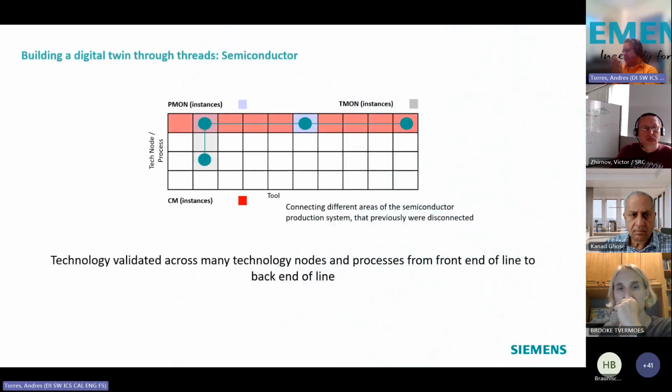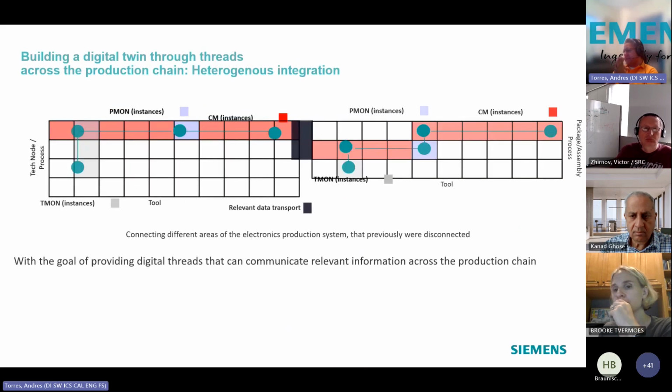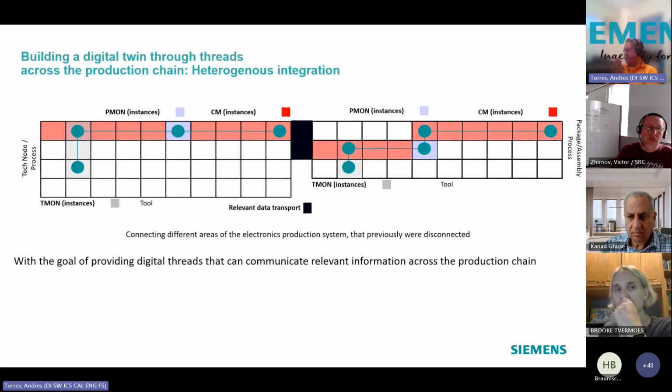So at the end of the day, this view that we had for the digital twin, that was really developed for semiconductors, what now we are trying to do is to basically say, well, those exact same lessons can actually be applied to the heterogeneous integration of things, right? Because life doesn't stop at the chips. Life continues, and it goes especially with heterogeneous integration, in which all of these multiple chips need to be integrated into novel products. Really, the question is, well, now what is this relevant information that needs to be communicated between the different